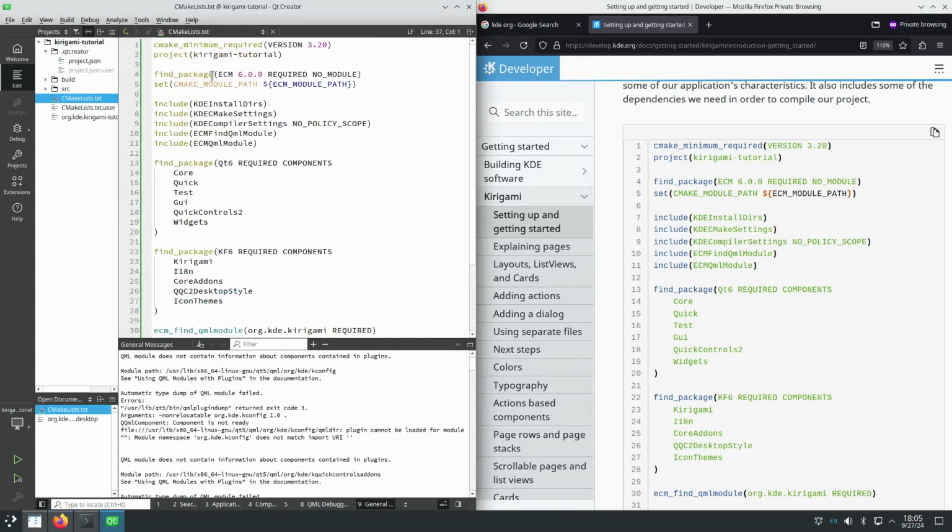Ctrl S. CMake minimum required. This is the mandatory first non-comment line, which should exist in the top level cmakelist.txt. So we've done what must be done. Then the project name should be the exact same as the strong branding that we're using, which is Kirigami-tutorial. Correct. Then it says find package ECM, which will not be found because right now it only knows how